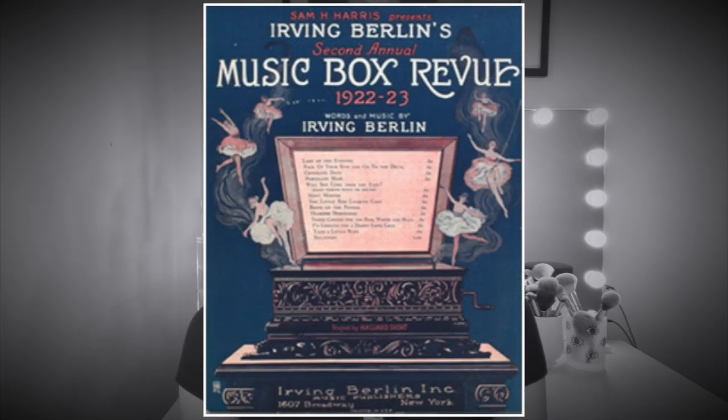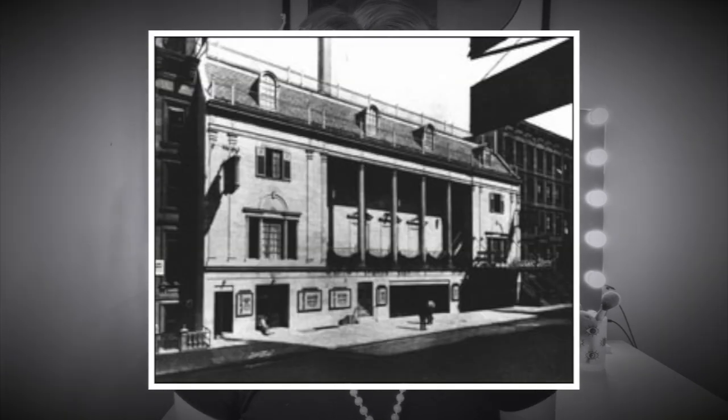most people do nowadays. In honor of the 1920s, obviously, I put together a little list of musicals written in the 1920s that you should check out. So here's number 1. The Music Box Revue opened in 1921 at the Music Box Theater, and it featured some